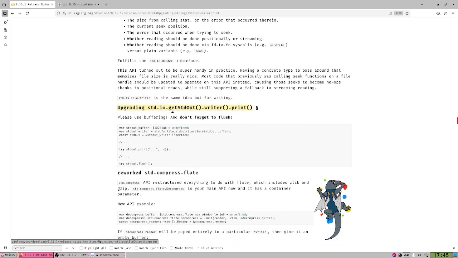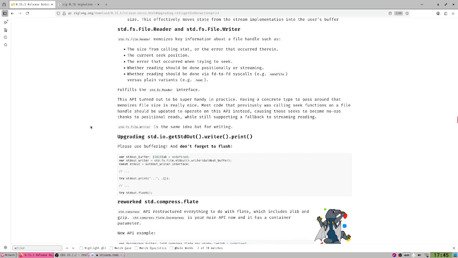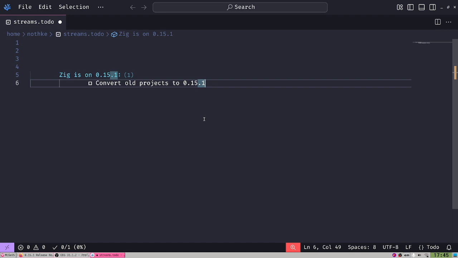So if you're using the std out, yeah, this is what I was thinking about, getStdOut. If you want to use getStdOut, and there's a writer, right, print, I used to use this a lot. But now you're supposed to use it differently. Anyway, we will get to it when we start working. I'm just talking out loud, thinking about what I'm going to do, and it's confusing. Anyway, we will get to that.